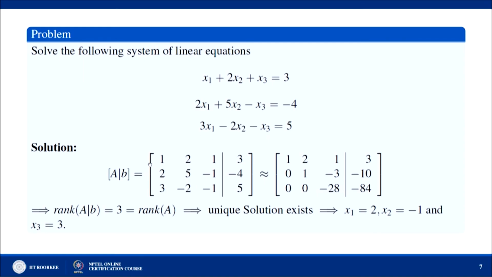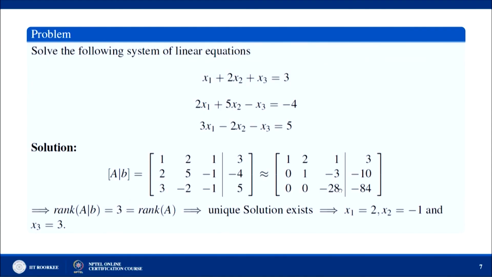Now, you find out the echelon form of this matrix, which is this. You can easily find out the echelon form of this matrix by making 0 here and 0 here and then 0 here. Okay. So, clearly the rank of this matrix A is 3, because the number of linearly independent rows it is having is 3, and the rank of the entire matrix is also 3. So, rank of A is equal to rank of augmented matrix is equal to 3, which is equal to the number of unknowns. Unknowns are also 3. So, that means the system is having a unique solution.